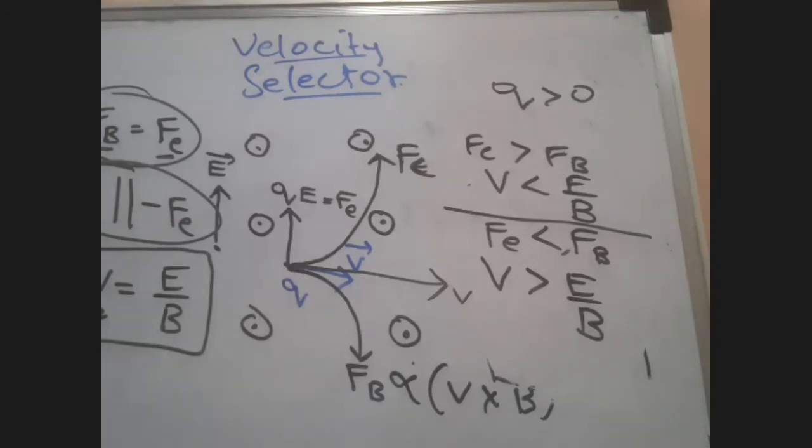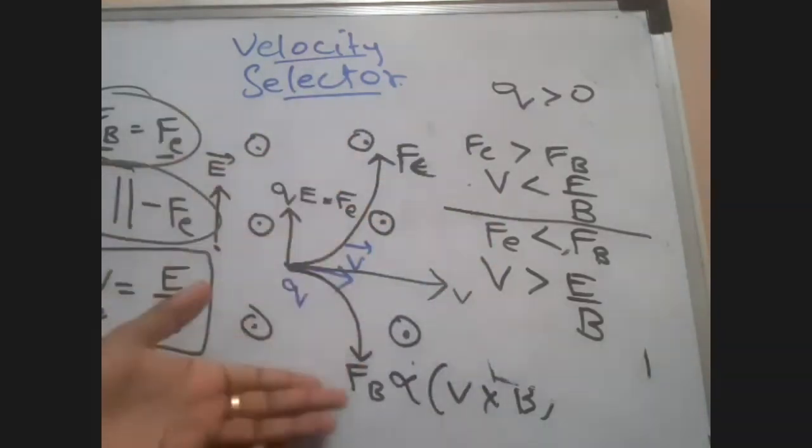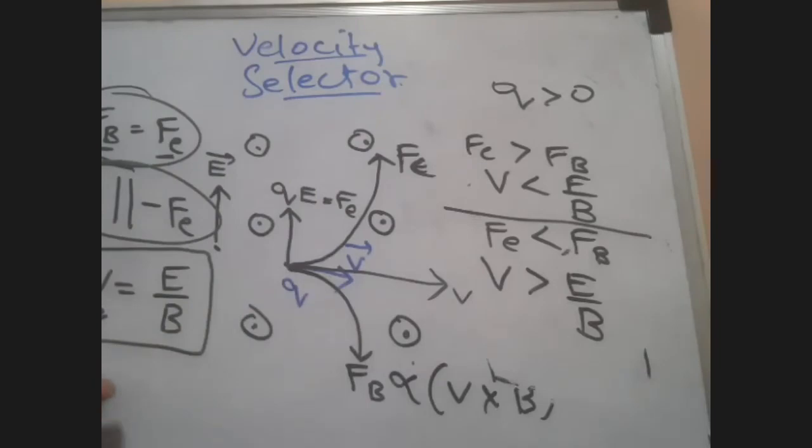This was used by J.J. Thomson, a scientist, who used this to find the e by m ratio. This is just a small thing that you need to know. All you have to get is an idea of the greater than, less than relationship of the magnetic field and electric field. Whenever we have equal and opposite forces, at this velocity the charge will go undeflected. That's all I had to say about this. Has everyone understood? Can I rub this? Can I go to the next concept?